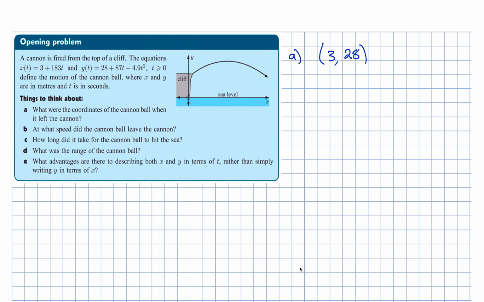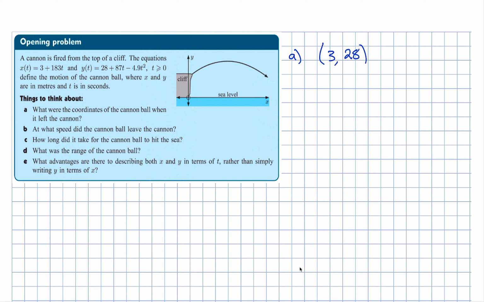What speed did the cannonball leave the cannon? Okay, that's when we need to say, well, normally in a physics question you're given that. What we've been given is how the position is changing as time goes along. But really, if we want to know how position is changing, well, that rate at which it changes is your speed. So if we just find the derivatives of both the x part and the y part individually, then we're going to get how that speed is changing,